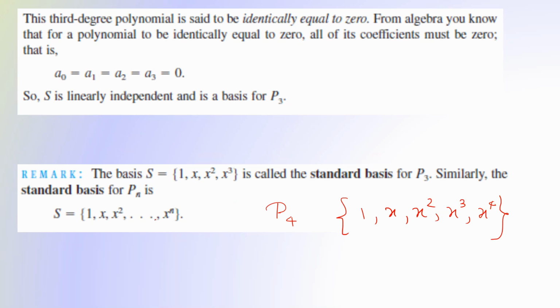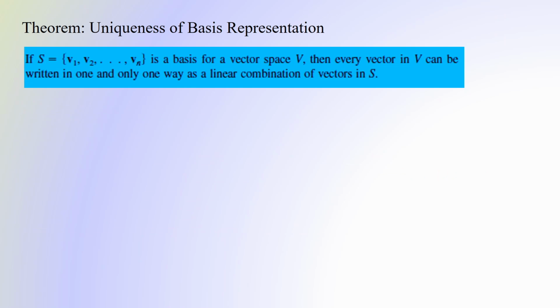Standard basis for Pn ends up with x^n. So that's how we find the standard basis for the polynomial vector space of degree n. Now we have a theorem. It says that